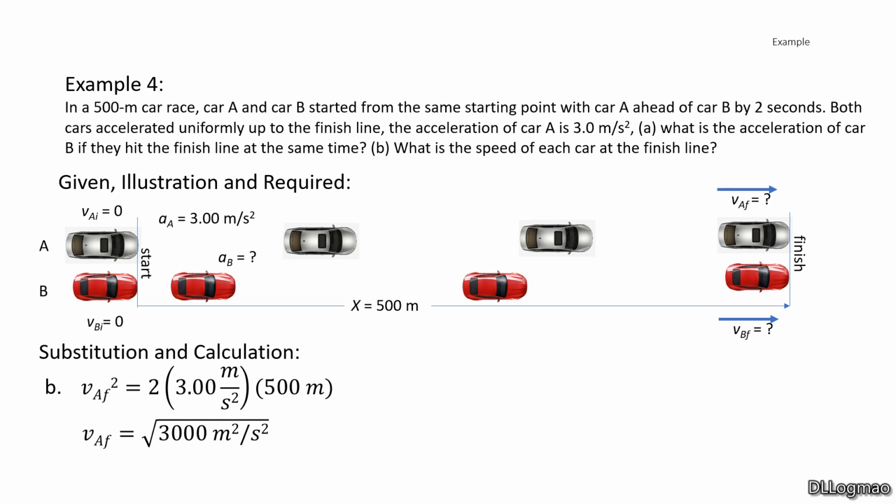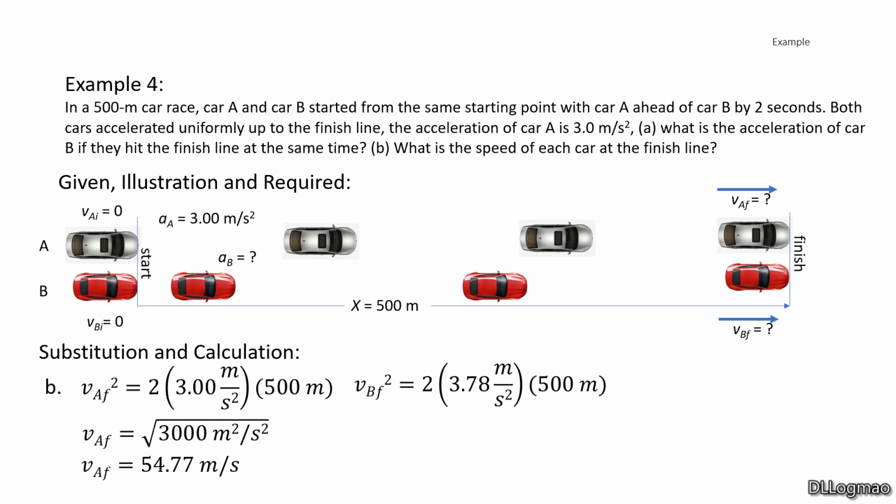The final velocity of car A is equal to the square root of 3,000 meters squared per second squared. And the final velocity of car A is 54.77 meters per second. For car B, the final velocity is